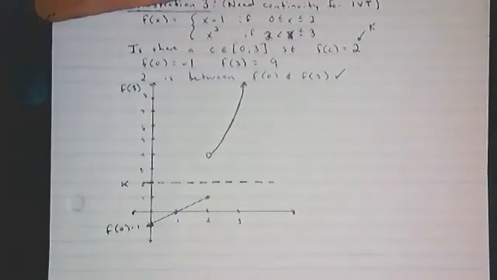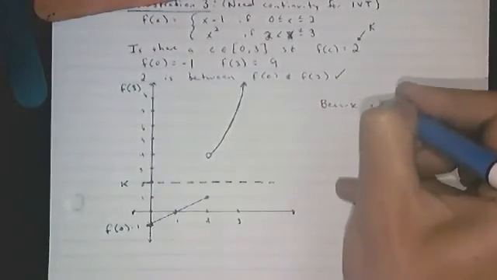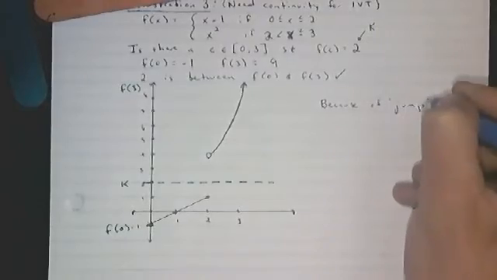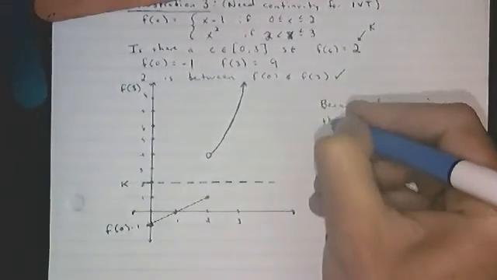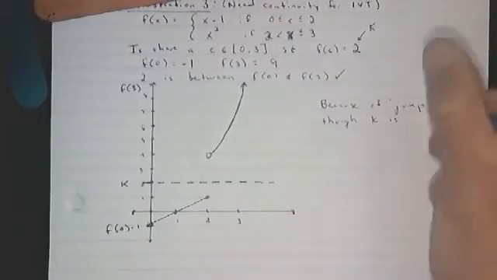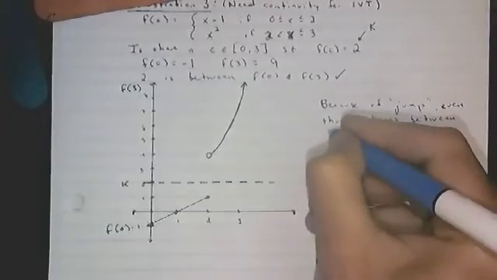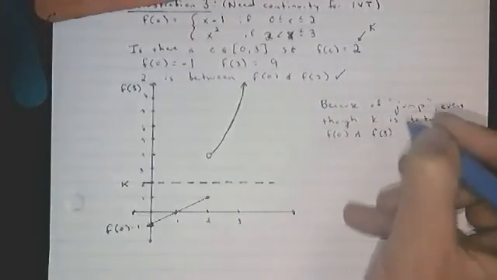So because of the jump, even though k was appropriately chosen and is between f of 0 and f of 3,